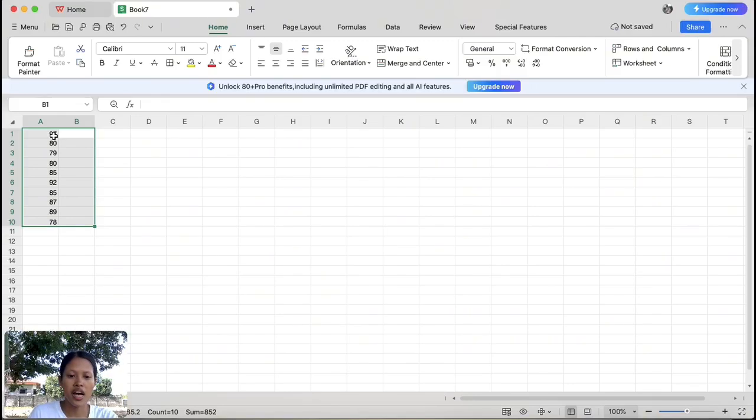In column B, I'll enter names or product types.